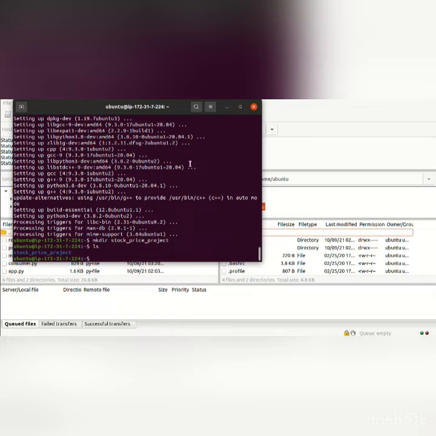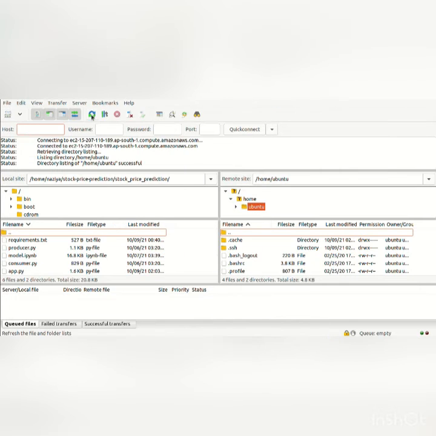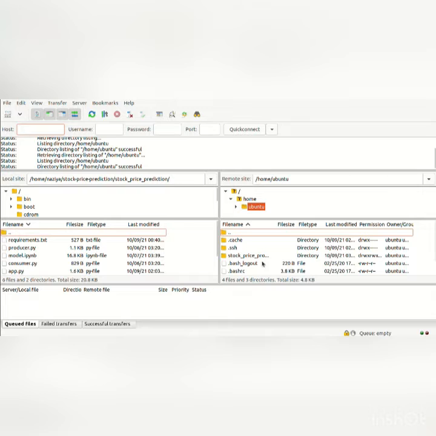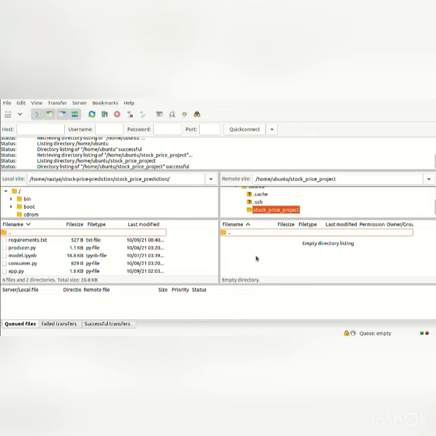So you can see we have this stock price project. After that we'll be dropping all these necessary ones, one by one.